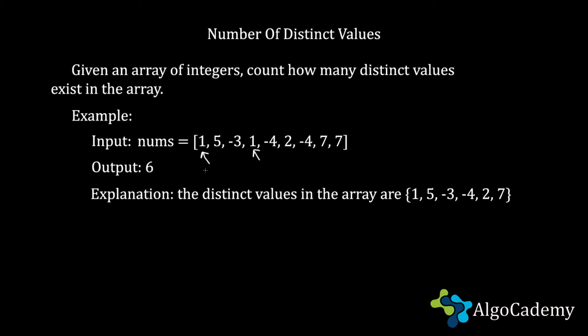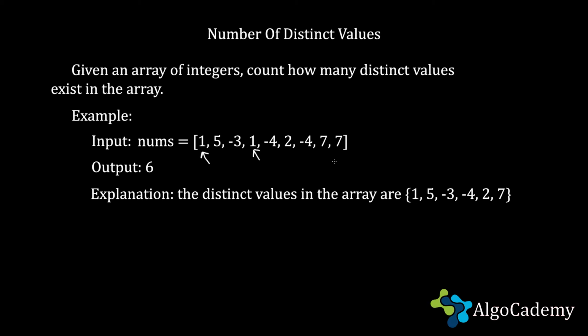If we think about the simplest case possible, this is the case in which this array nums has only distinct values, right? So no value appears more than once. For example, 1, 2, 3, 4, right? And the answer is pretty obvious. It is the length of the array. But when that's not the case, that means that there will be some elements from this array